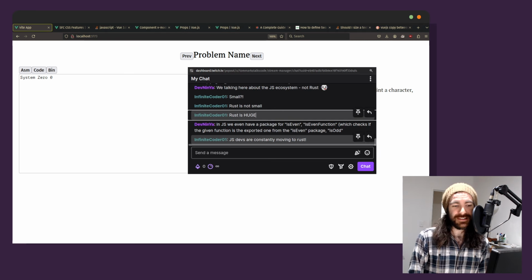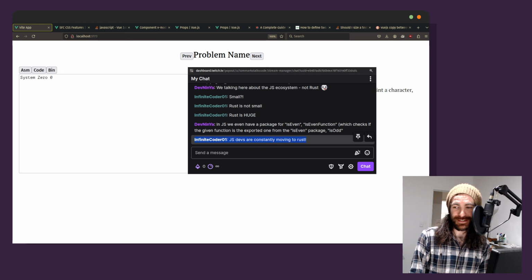Thanks for tuning in. JS devs are constantly moving to Rust. I disagree with this. I disagree with this a lot. It happens, but